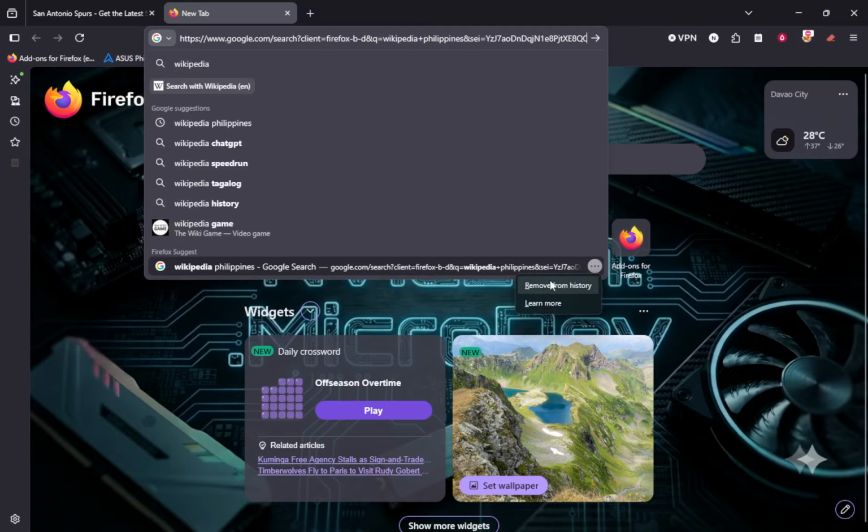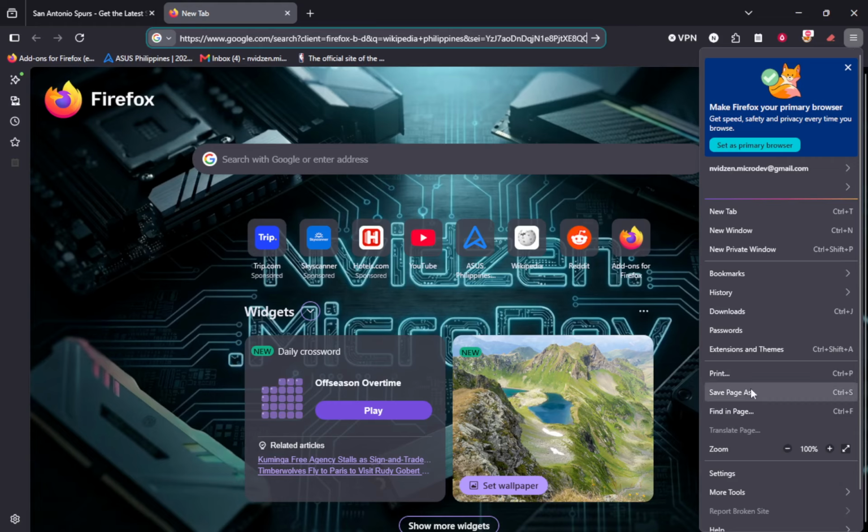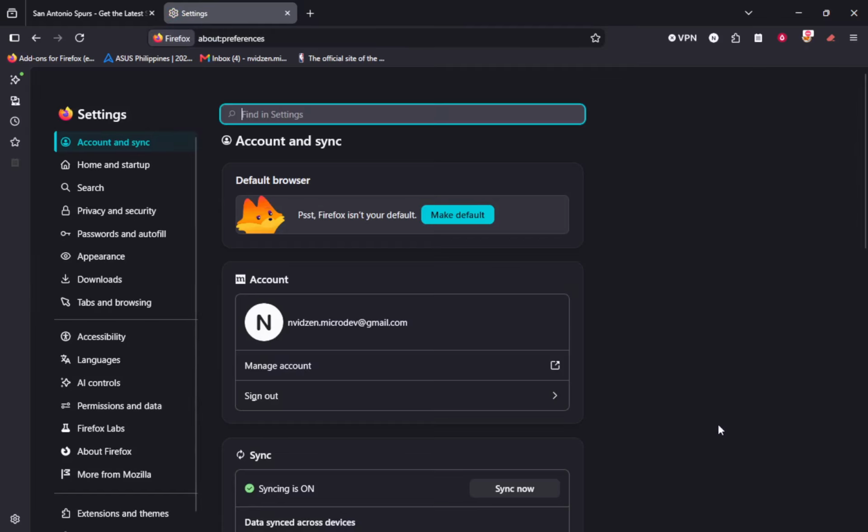After that, we will set Firefox to clear history automatically when you close it. Open the three-line menu in the top right again, the same way you did earlier. From that menu, click Settings, which opens a new tab with many Firefox options. You will see several sections listed on the left, such as General and Privacy and Security.